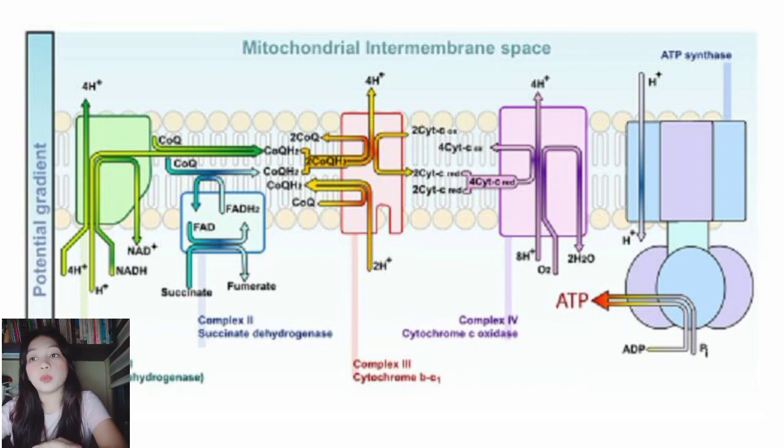Electrons are transferred one at a time into the complex from cytochrome C. The electrons, in addition to hydrogen and oxygen, then react to form water in an irreversible reaction. This is the last complex that translocates 4 protons across the membrane to create the proton gradient that develops ATP at the end. So as the proton gradient is established, F1, F0 ATP synthase, sometimes referred to as complex 5,